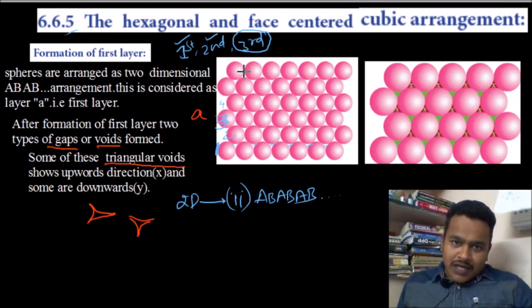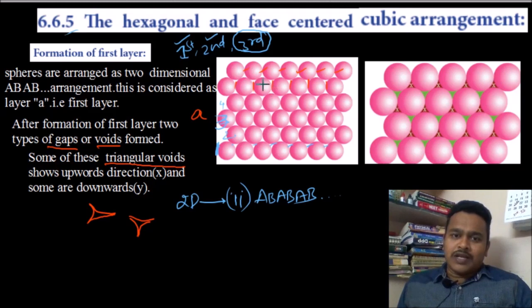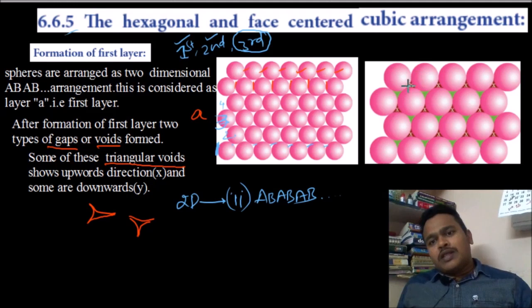Some triangular voids are pointing upward, and some are pointing downward. Again one is upward, again one is downward. So there are two types of voids, both triangular, some pointing towards upward and some towards downward. We give a name to the triangular voids which are pointing in the upward direction.